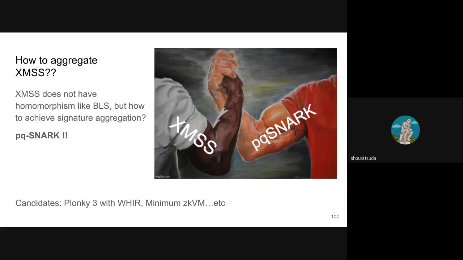We can prove each XMSS verification, aggregate and check each verification step, and finally aggregate the proofs, and then just verify the one proof. Currently, the candidates for pq-sig are the ones the Ethereum Foundation is already building, using a minimal zkVM.